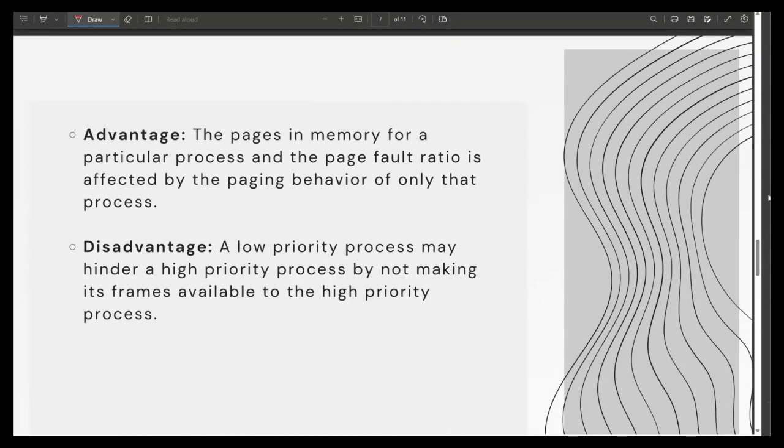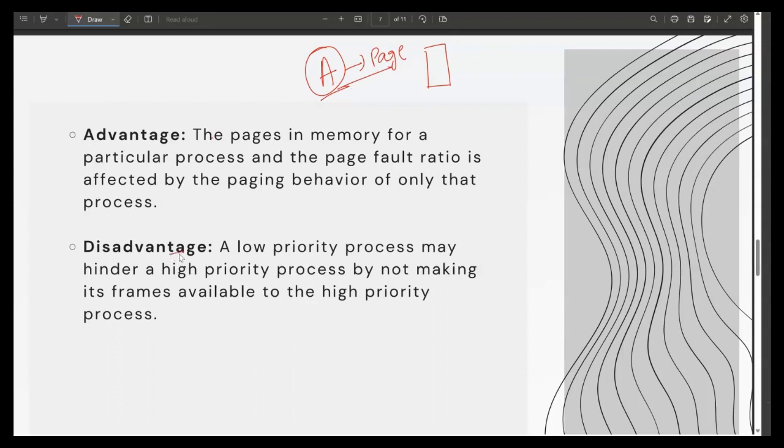तो लोकल पेज रिप्लेसमेंट के एडवांटेजेस और डिसएडवांटेजेस क्या होते हैं। एडवांटेज होता है कि द पेजेस इन मेमोरी फॉर अ पर्टिकुलर प्रोसेस एंड द पेज फॉल्ट रेशियो इज अफेक्टेड बाय द पेजिंग बिहेवियर ऑफ ओनली दैट प्रोसेस। सपोज कि हमारी मेमोरी में जो भी पेजेस हैं, किसी भी पर्टिकुलर प्रोसेस का पेज फॉल्ट रेशियो सिर्फ उसी पर्टिकुलर प्रोसेस से ही अफेक्ट होगा। लाइक अगर हमारा प्रोसेस ए है तो प्रोसेस ए का पेज फॉल्ट रेशियो सिर्फ हमारे प्रोसेस ए से ही अफेक्ट होगा, किसी और प्रोसेस से हमारा पेज फॉल्ट रेशियो अफेक्ट नहीं होगा।